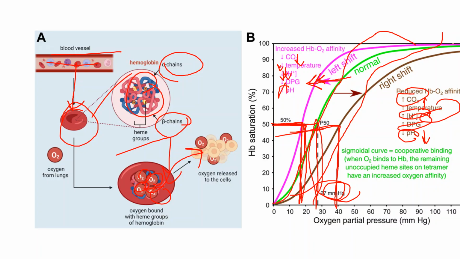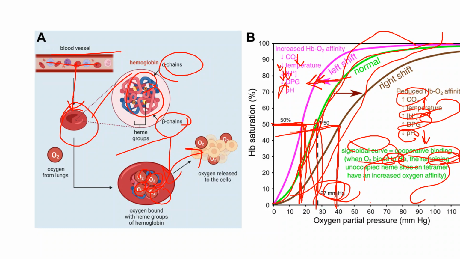This curve is sigmoidal. In the examination, people ask what kind of curve is shown between the oxygen partial pressure and the heme binding. It shows the sigmoidal curve, and the interesting feature is that it shows cooperative binding. What is cooperative binding? When oxygen binds to one hemoglobin site, the remaining sites are unoccupied. When the second comes, it will again enhance the affinity for the third one, and when the third one binds, it will increase the efficiency for the fourth one. So they show cooperative binding.